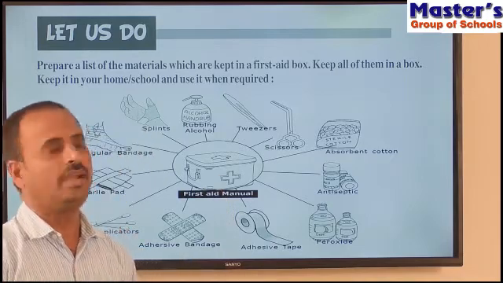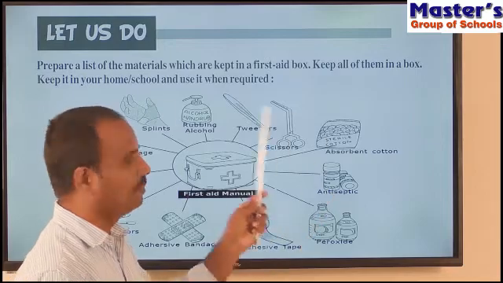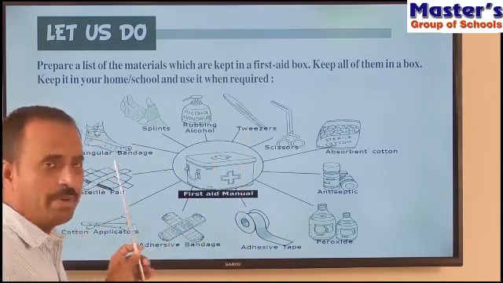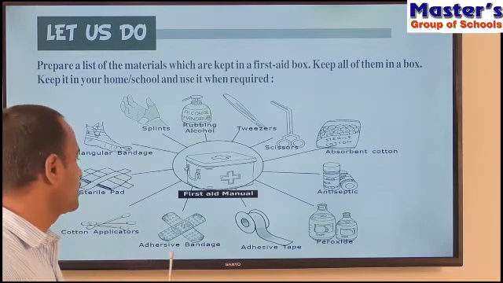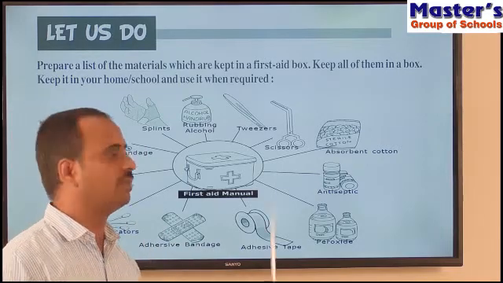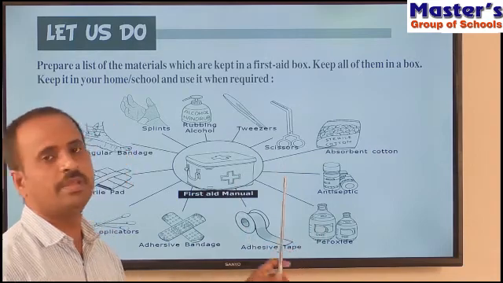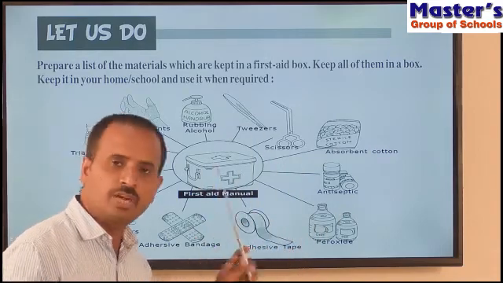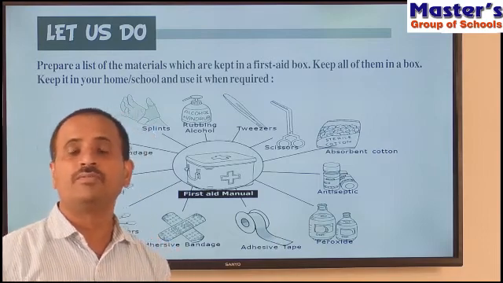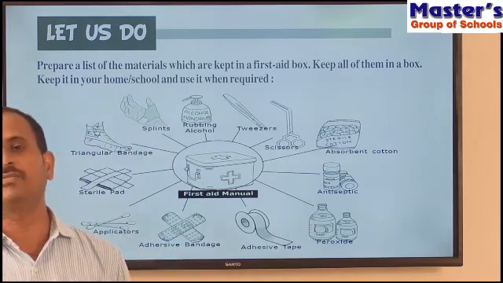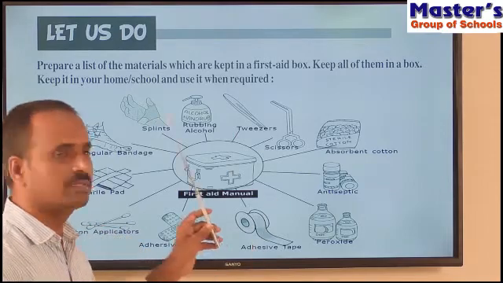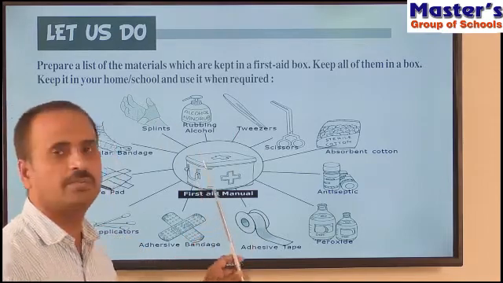And we have to keep these objects, that is scissors, tweezers, alcohol, splints, bandages and applicators, adhesive bandages, adhesive tape, peroxide and antiseptic. All these items should be kept in it. These are very helpful while we are giving first aid to the injured person. So children, note down these objects which have to be kept in the first aid bags in your room.